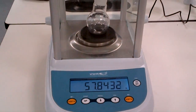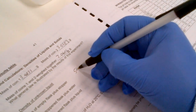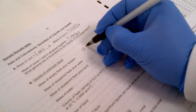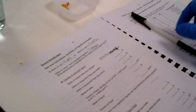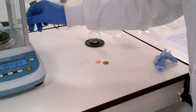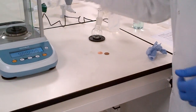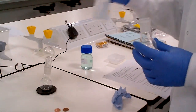That's 57.8431. So we're going to record this as 57.8437 grams, as it records to. And then you need the mass of the stoppered flask and water. So you take the weight of the flask. You've been provided with water bottles, so you can